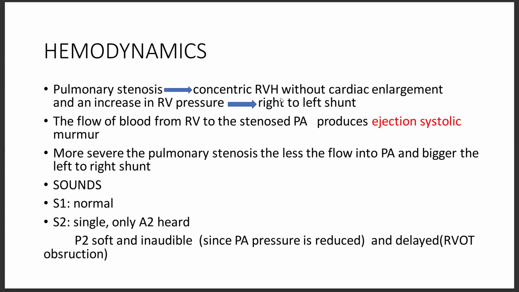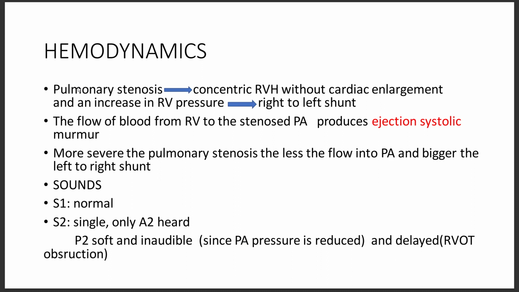Because of this right to left shunt, the deoxygenated blood from the right ventricle is shifted into the left ventricle. So that results in the production of cyanosis. And also, because of the flow of blood from the right ventricle to the stenosed pulmonary artery, an ejection systolic murmur is produced. So these are regarding the hemodynamics of the